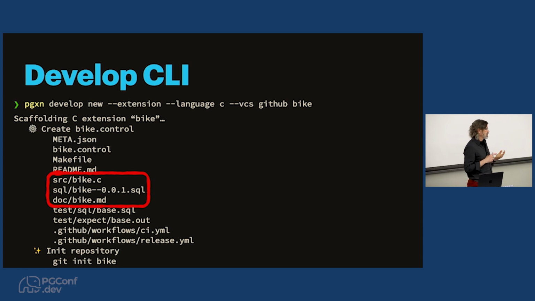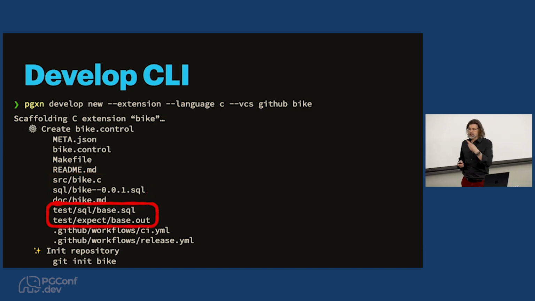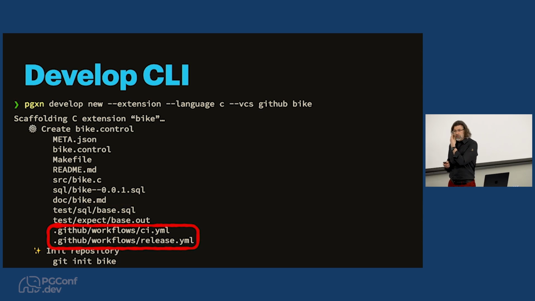The source code that you need, including the C source file that you're going to start with, the SQL file that's going to have the commands to create it, and a start of a documentation document separate from your README to encourage people to write good documentation specifically for your extension. Test files: in this case, following the C PGXS pattern, we have pg_regress-based testing. And then some workflows for you to use on GitHub to do CI/CD across versions of Postgres on various platforms, ideally, but even if it's just Linux to start, that's a good place to start. And to release it on PGXN when it's ready to go.